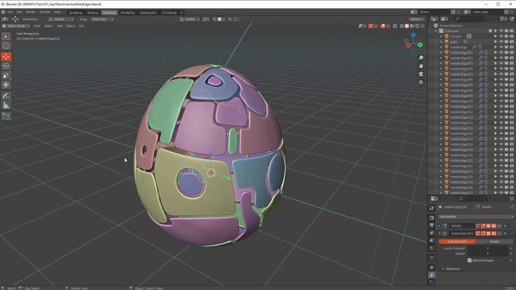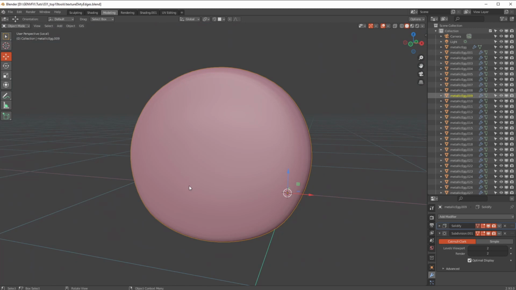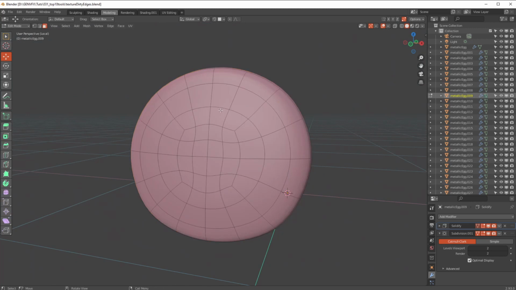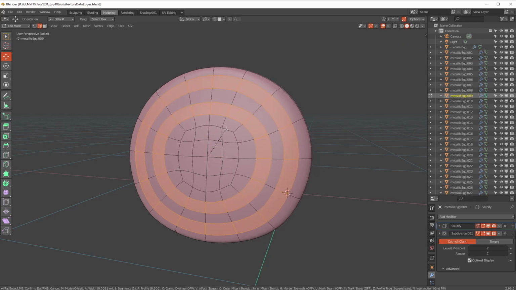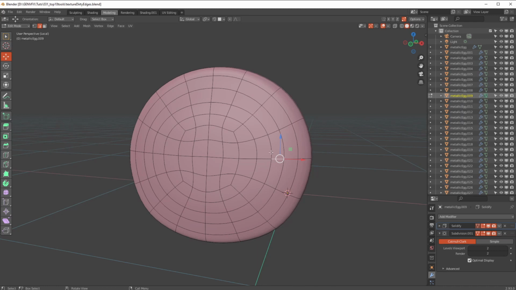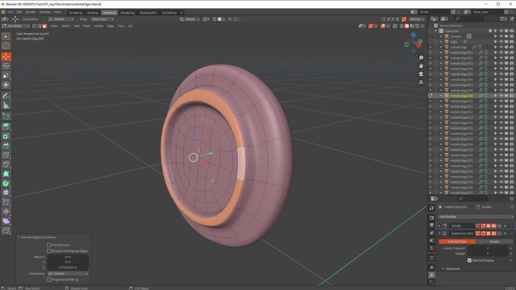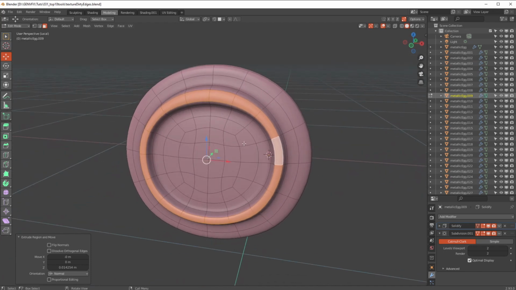If you've got a lot of stuff in your scene and you just want to work on one thing, it's like, I just want to work on this one here. So you press that, you then go into your edit mode and you say, right, okay, I'm going to pick these, I'm going to pick this edge loop, I'm going to pick this edge loop, I'm going to go Control B, and I'm going to pull back like this, and then I'm going to go back to polygon mode, and I'm going to press Alt and click there on the rim of that to pull it out. I'm then going to press E to extrude that,